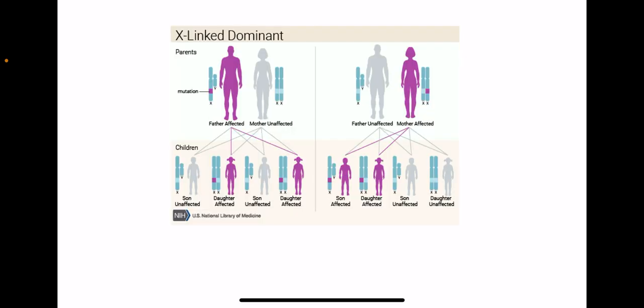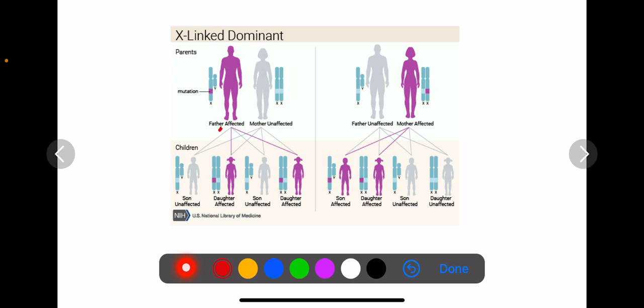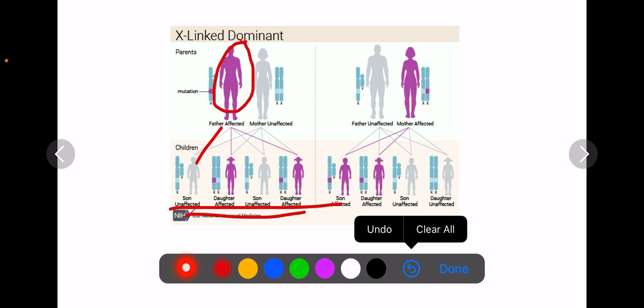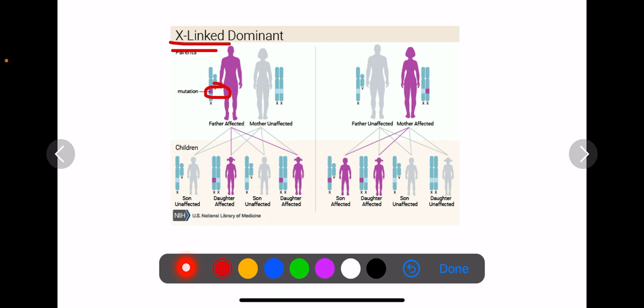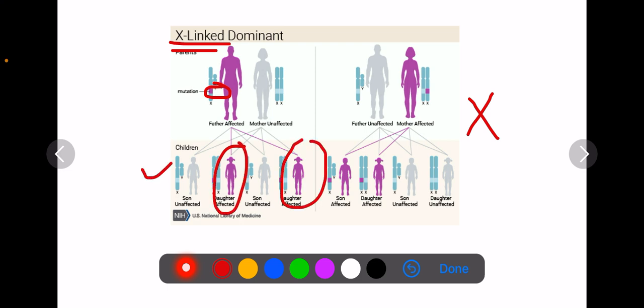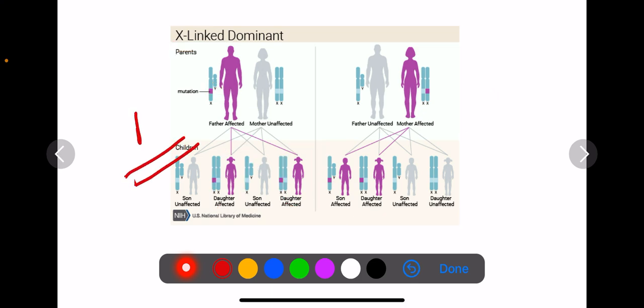Next, X-linked dominant and X-linked recessive. Again, the pattern of inheritance and the number of kids being affected is quite important. For example, if the father is affected, it implies X-linked, right? So you have to draw X as the dominant, the one having the mutant or dominant allele. Then you see the daughters are affected and the sons are unaffected. This is the important pattern: all the daughters are affected, the sons are not affected.